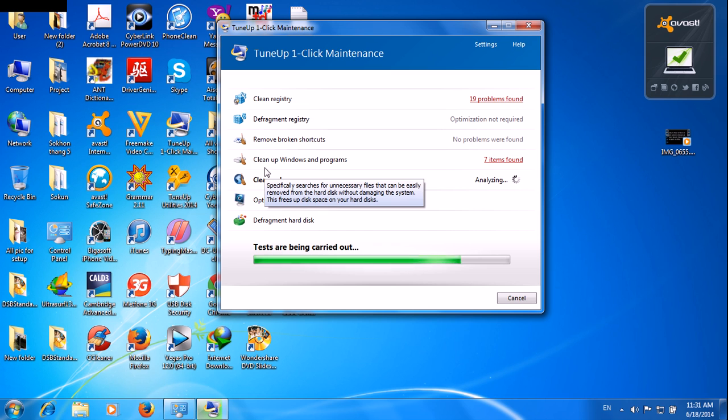And we see this one, clean up Windows and programs, also 7 items found. And then we see more, the clean up browser has 52 items found.